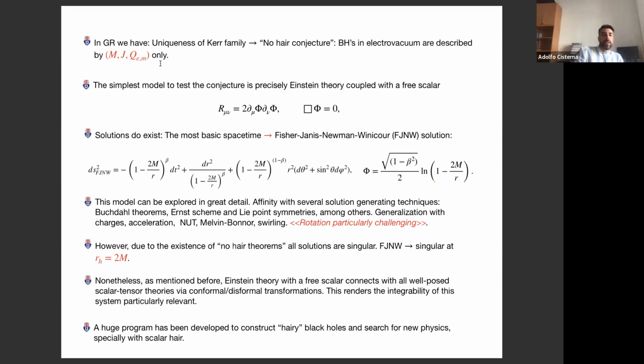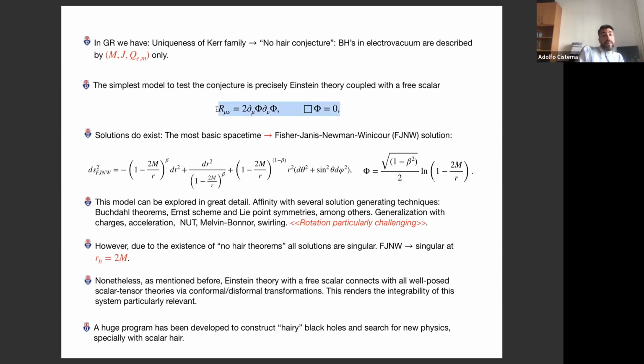But anyway, we would like to test whether we can find solutions in the minimally coupled sector when you have a minimally coupled scalar. And there are actually solutions, but because they violate some of the conditions of these no-hair theorems, they usually feature, at least in the Einstein frame, where you have a minimally coupled scalar field, curvature singularities. So if you want to deal with something that has a horizon and there is a solution to this Einstein-scalar theory, sorry, you will always have a singularity.